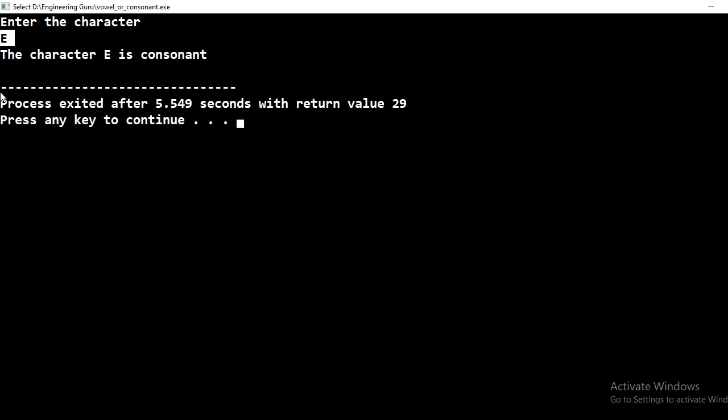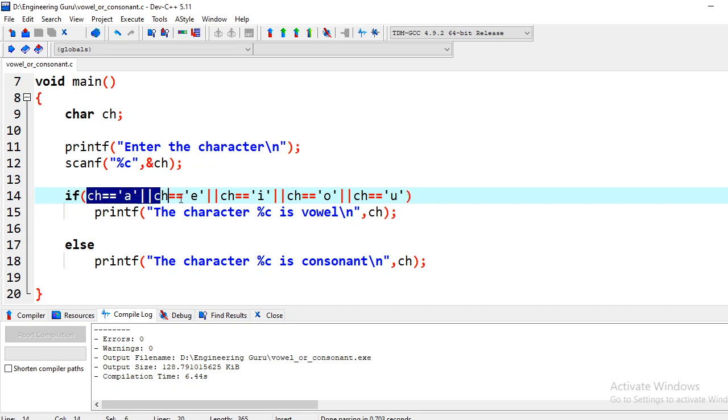User will give any input. User will check for all the input. So your program should be valid for all the cases. So let us just add those conditions also. What I will do, I will just copy this here and I will give an or condition in the middle and paste it once again, and then I will replace everything with capital ones, right? Because capital A, E, I, O, U are also vowels. So we have to check for capital letters also.